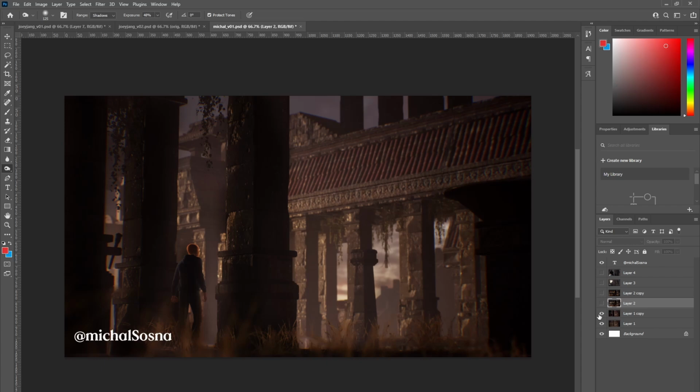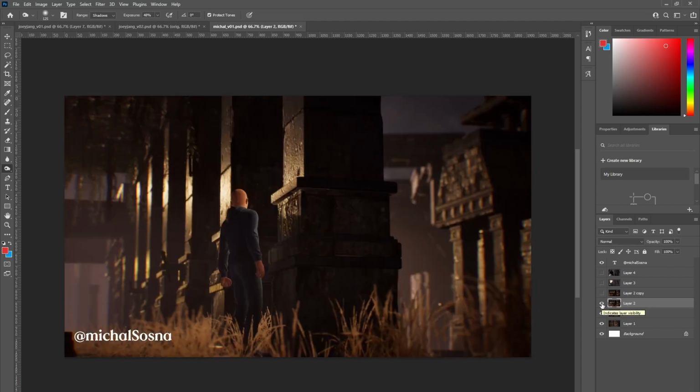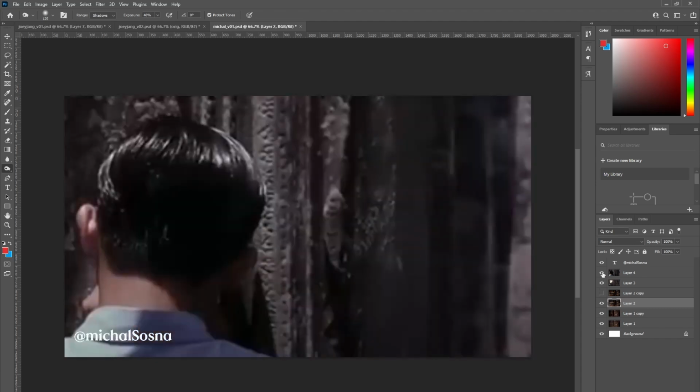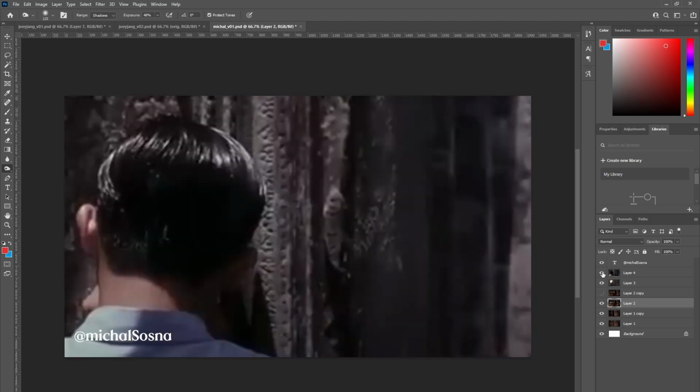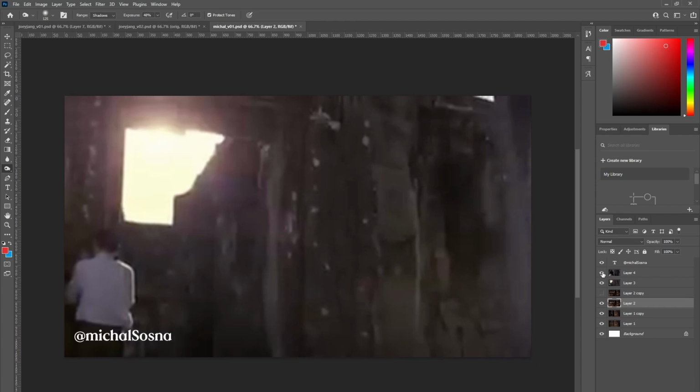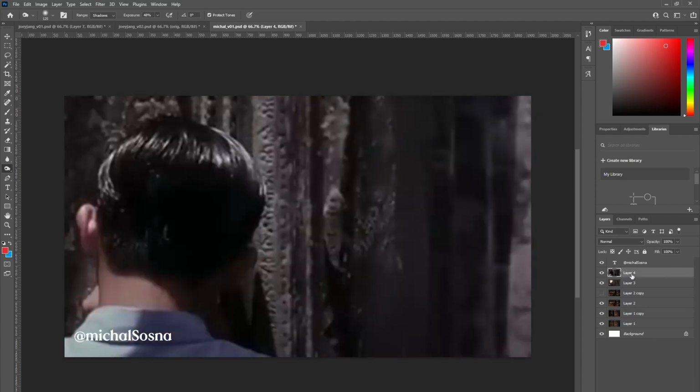Otherwise, it's looking very nice. I love the warmth of the light hitting the temple walls and columns, and this makes for a great reference. Good old Chris Doyle. I'd love to see this film again. Such a great study in lighting.